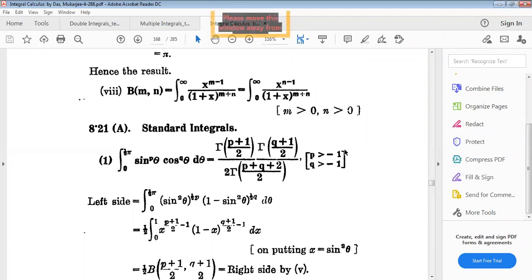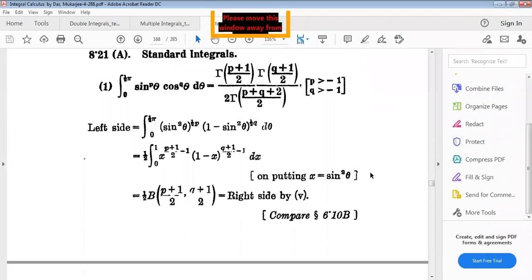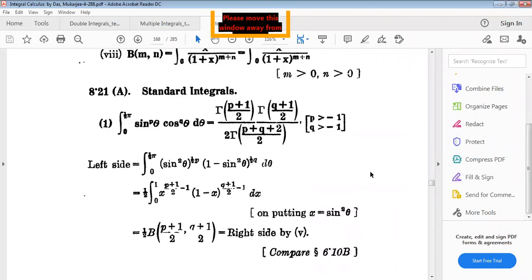This integration will be used everywhere. It is a very important formula. Here p is any power greater than minus 1, and q is also any power greater than minus 1. Using this formula we can solve